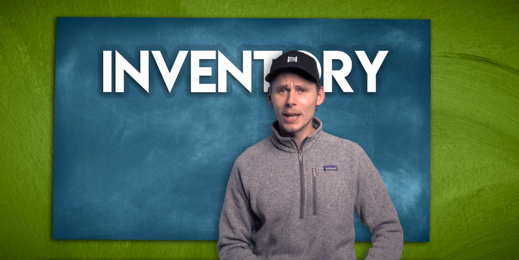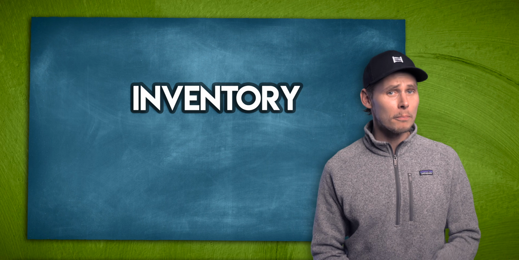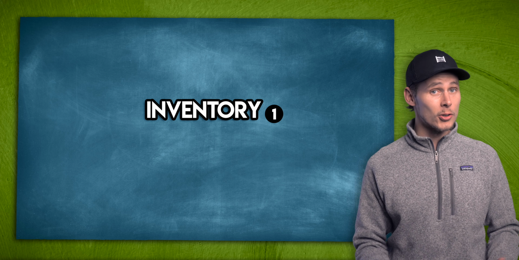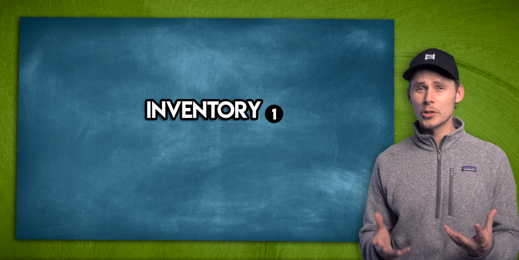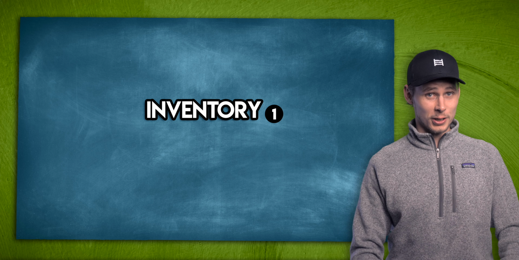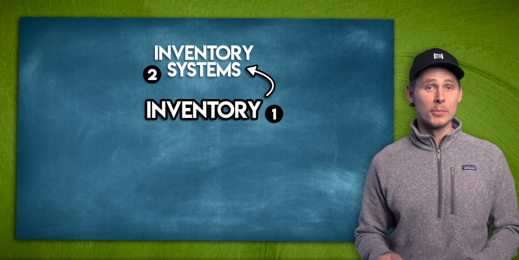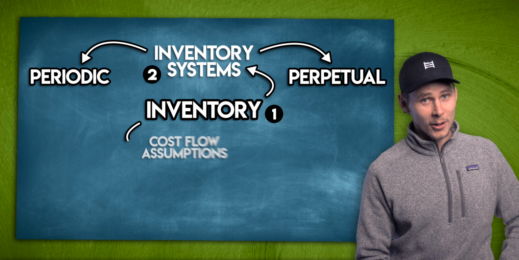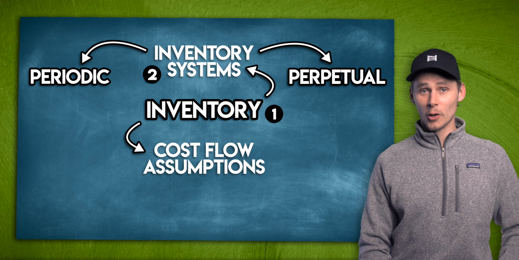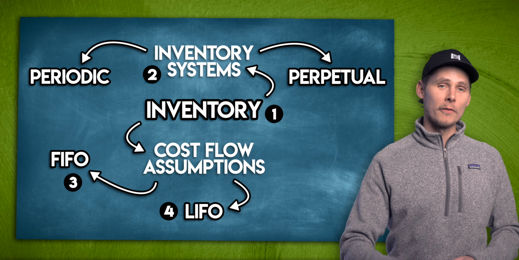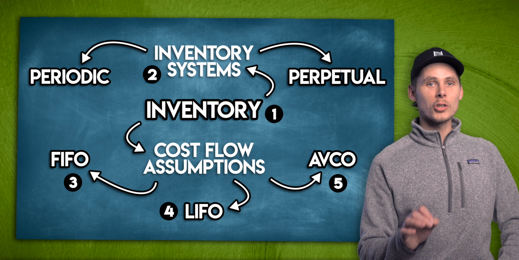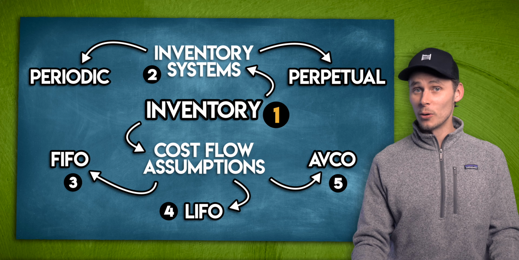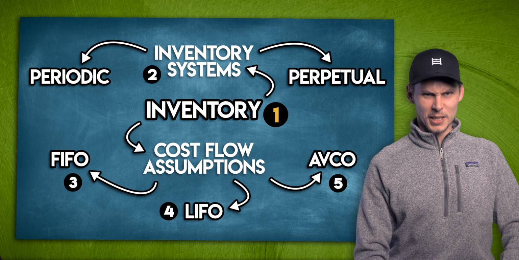I'm James, and today I'll teach you almost everything that you need to know about inventory in accounting. This special compilation video is split into 5 parts. First, I'll give you a general overview of how we account for inventory. I'll show you how it's linked to cost of goods sold and the journal entries. Then we'll cover inventory systems, both the periodic system and the perpetual system. And then we'll go over 3 inventory cost flow assumptions: FIFO, LIFO, and AVCO. Make sure you watch this right the way through to the end to give yourself a full understanding of how inventory works. Let's get started.